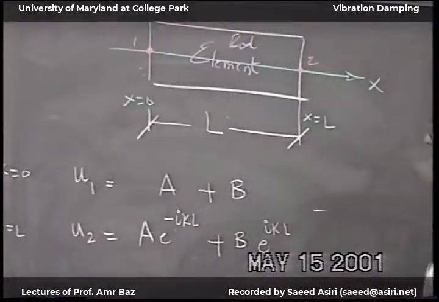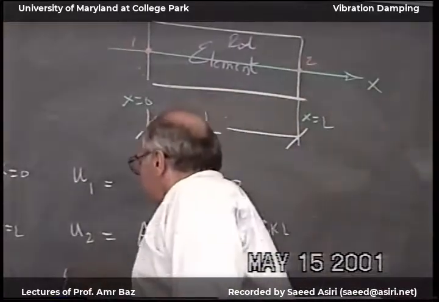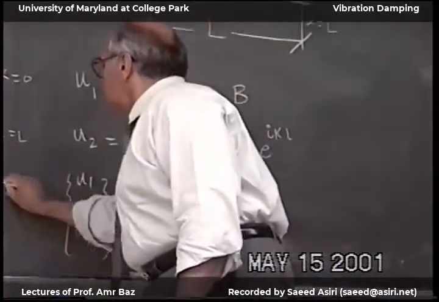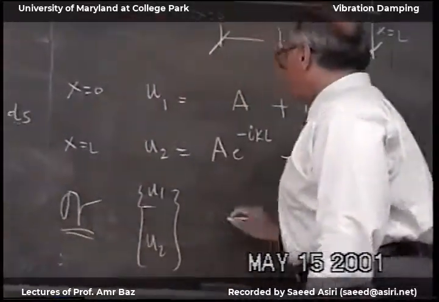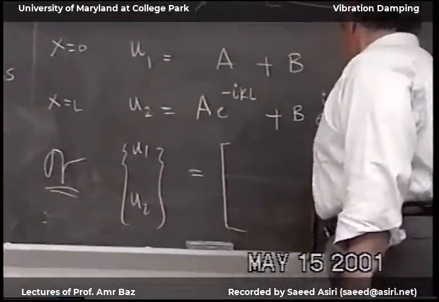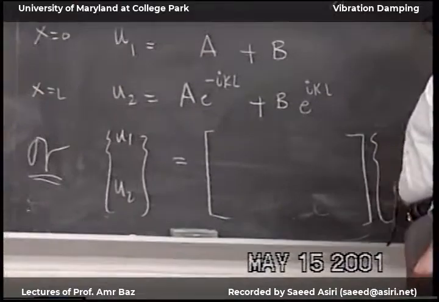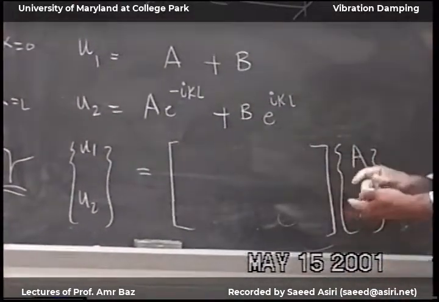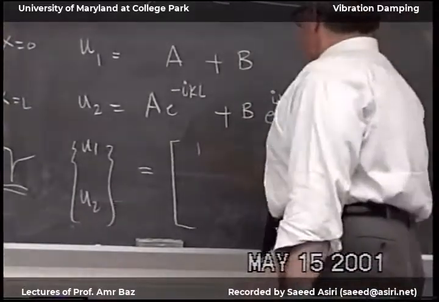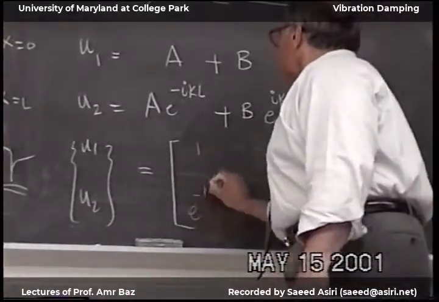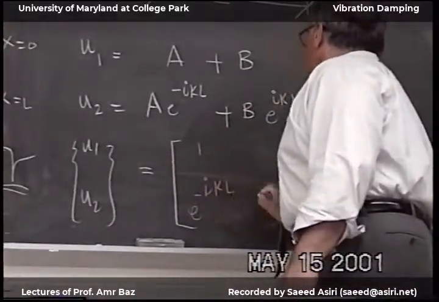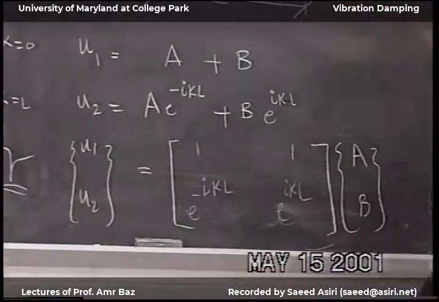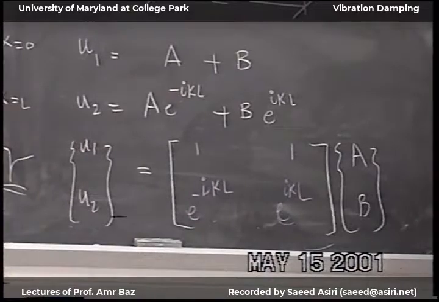And then now, I can write it in a matrix form. And this will equal to, A and B, and then the in-between will be 1 and 1, e to the minus i kL, e to the plus i kL. Now I'm going to invert this matrix and